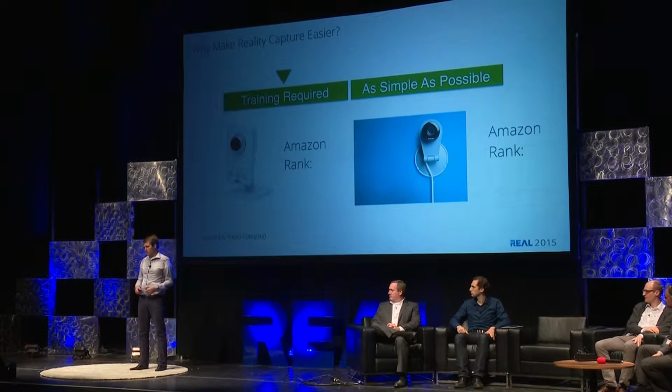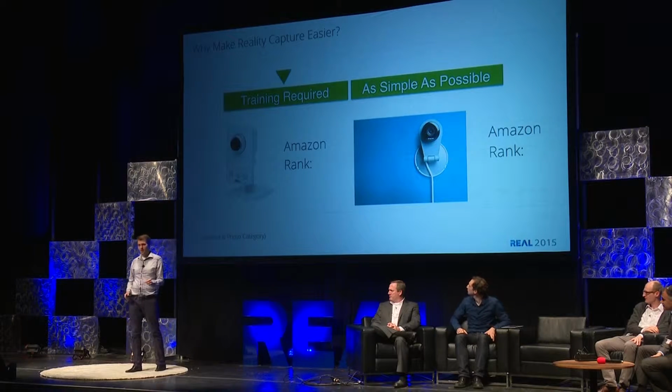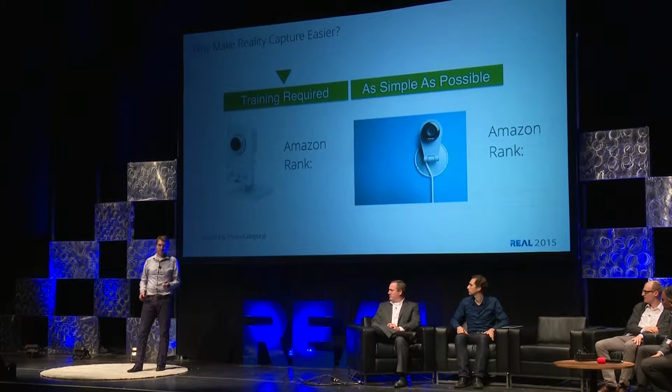So we're focusing on reality capture. I mentioned we want to make it easier. Well, why do we want to make it easier? Why does that matter? With the same hardware, I mean, a lot of us these days are actually using hardware that's similar to the original Microsoft Kinect, but we're trying to innovate now more on software. We are innovating on hardware at the same time, but the software has to be innovated on.